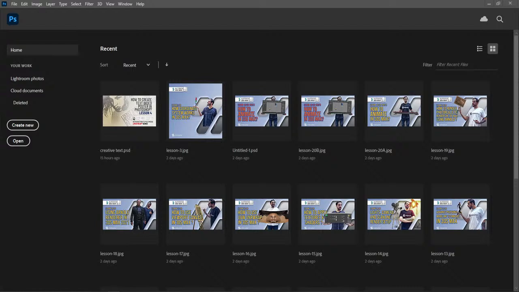We will use images, but not as they are. I will show you what kind of images we can use at this time and how we can convert those images into text. So first of all, if you look at my Photoshop, I have this create new option. I will just click here, create new,